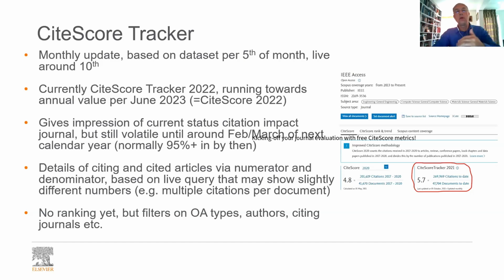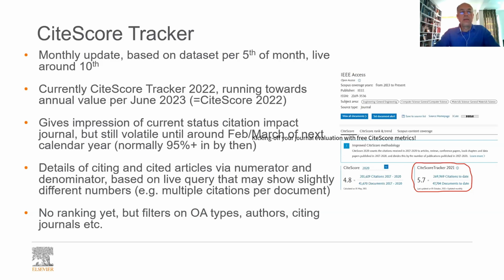Am I going up? Am I going down? What are the individual elements that cause this going up or going down? And obviously that can be addressed by looking at the citations, but especially also at your documents. If you decide, as a publisher, to quickly increase the number of papers, it could imply that your CiteScore goes down because the citations do not accrue as quickly as the number of papers.